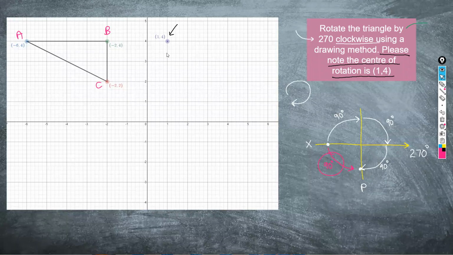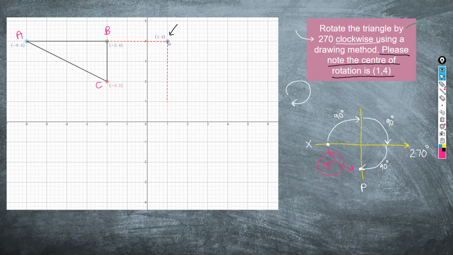Using a ruler, remember here is the center of rotation. Let me see what I have planned out here. I want you to take your ruler and connect point B to over here, to the center of rotation. And of course, I want you to measure the length of that line. Everybody's going to get something slightly different because not everybody is using craft paper. Connect B to the center of rotation. Then,